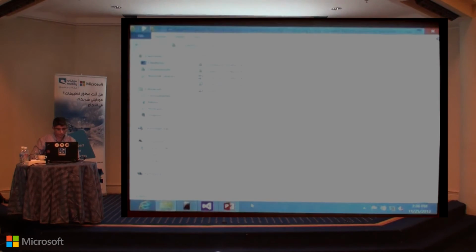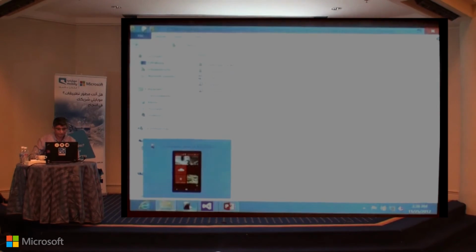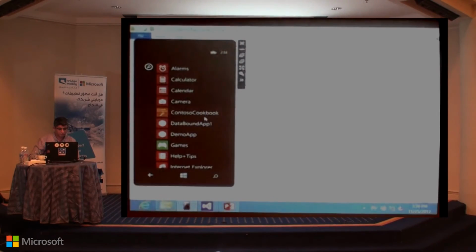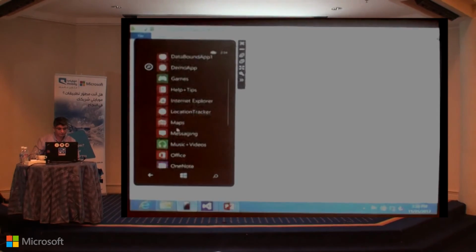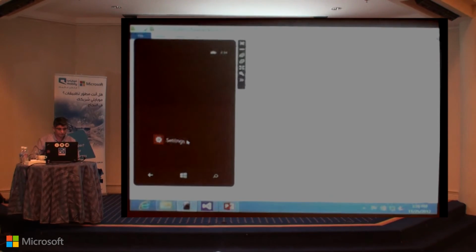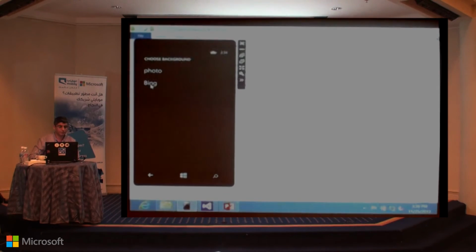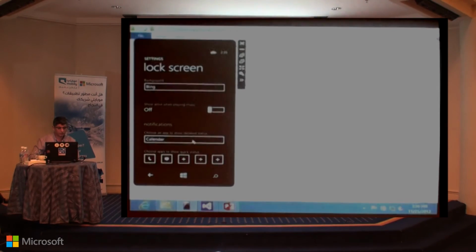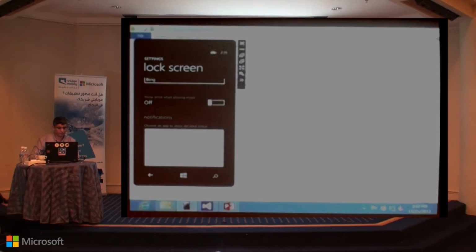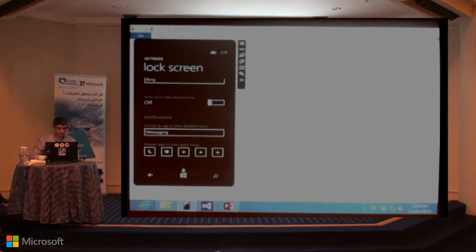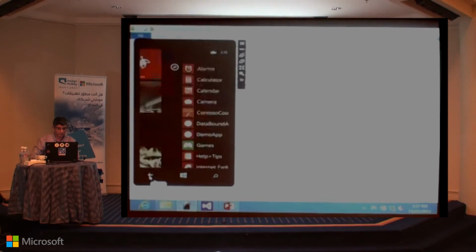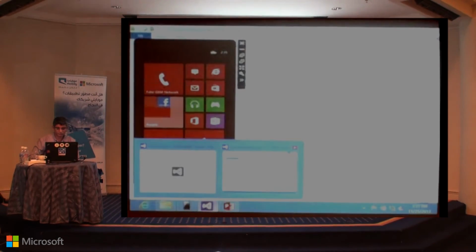I don't know if I can show you this. So if you come to settings, it's a lock screen. I can choose the application that will be my lock screen, right? And then I can choose the application that will be providing me the content. So let's say I could have the messaging application, let's say. And then add new applications. And then in Visual Studio,